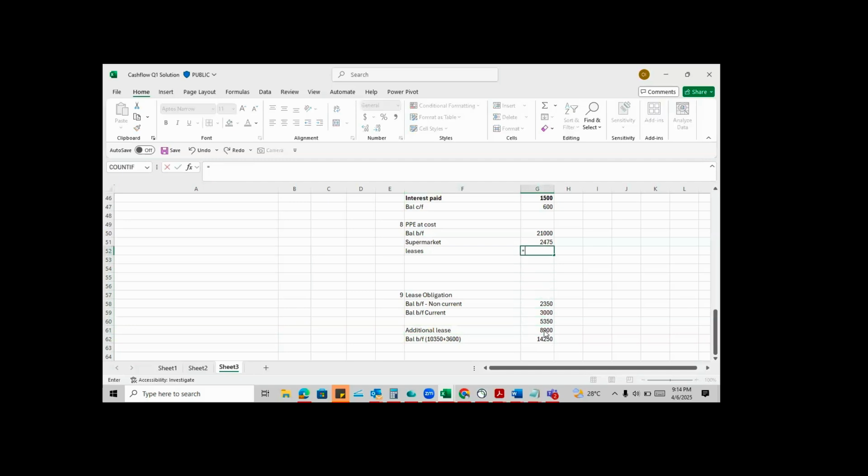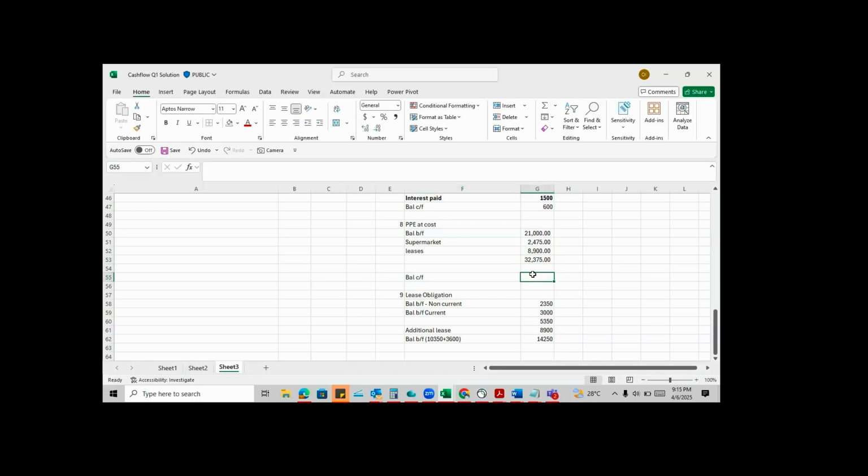So this is the amount we have here. All right. So we want to know, apart from this list, do we have any other transaction where you paid cash? Okay, now balance carried forward